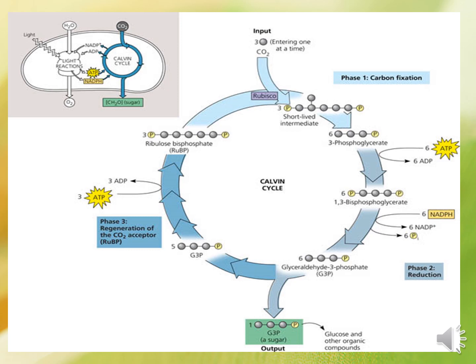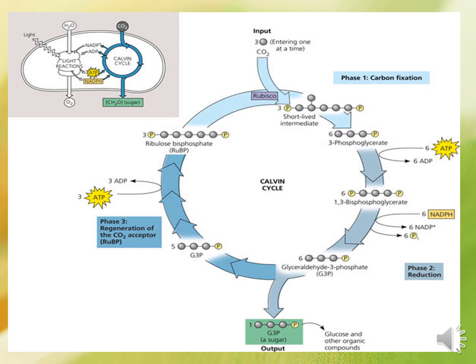From 3 ribulose bisphosphate, RuBP has 5 carbons. Now when the CO2 binds, it produces a 6 carbon compound. The 6 carbon compound is unstable, so it will be split in half. From the 3 six-carbon compounds, when they are split, they will produce 6